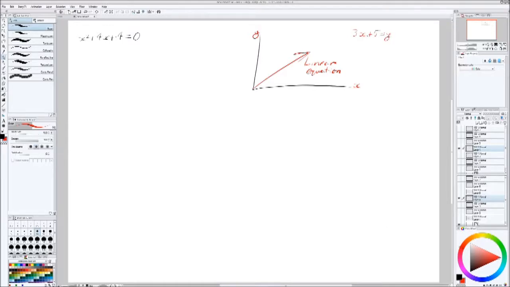So we can actually write this as 3x to the power of 1, because anything to the power of 1 is just itself. And so that gives us that linear equation. If we want to write it in fancy terms to generalize, if we go y equals mx, and we'll call this a, plus c,